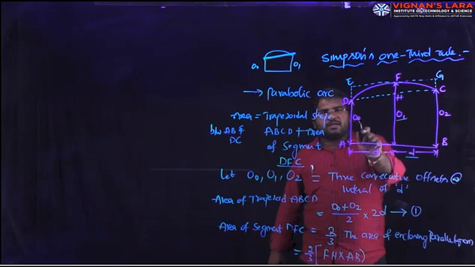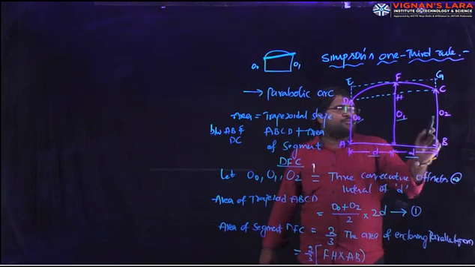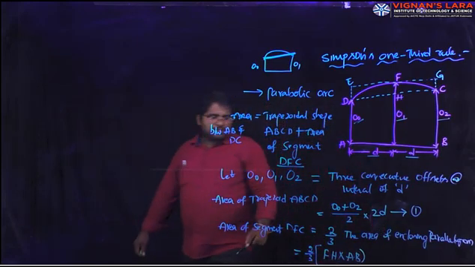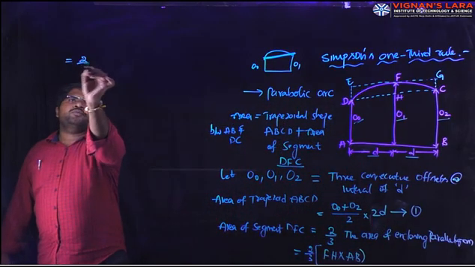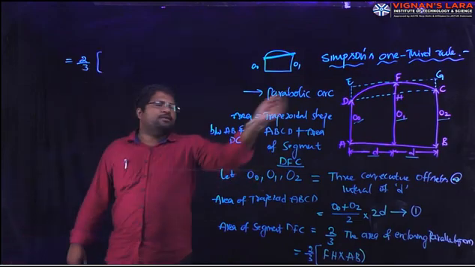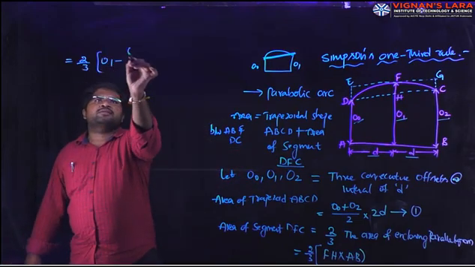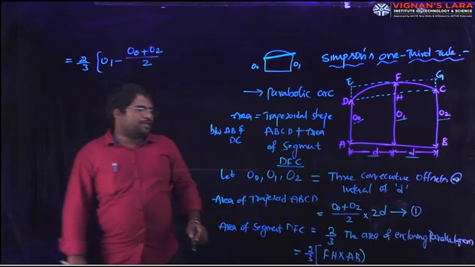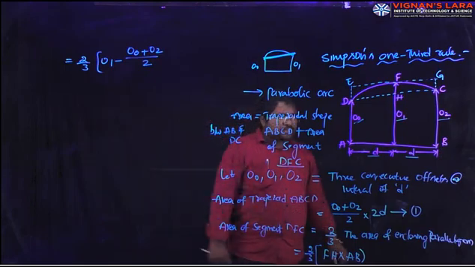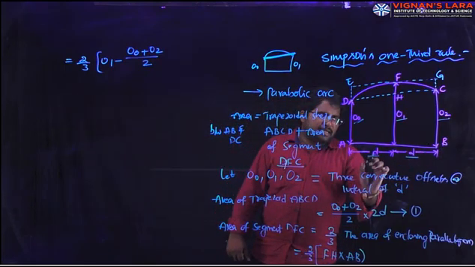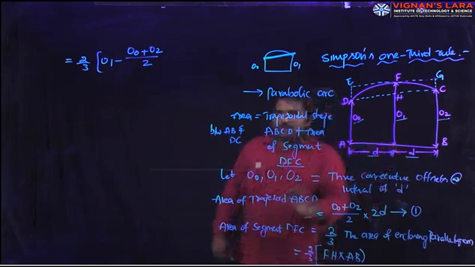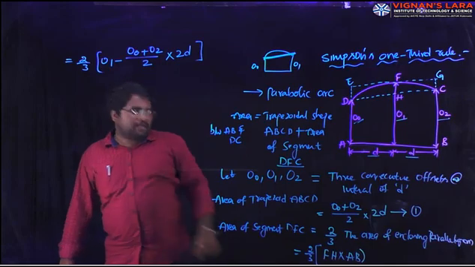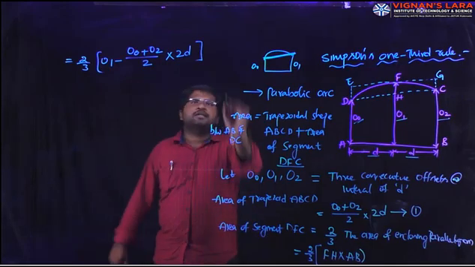From here we are going to take the average of O0 plus O2. That we have to deduct, so that will be equal to 2/3 into O1 minus O0 plus O2 divided by 2. So that will be equal to the FH. Okay, and what is the length of AB? D plus D, that is 2D, right? So we are going to get 2D. Okay, so this will become equation number 2.